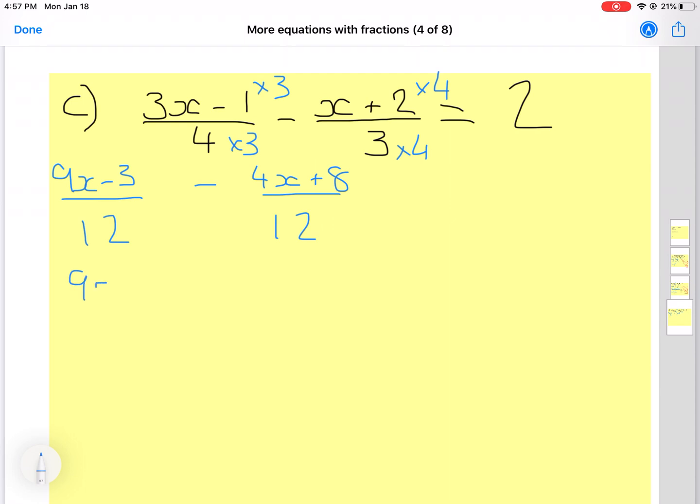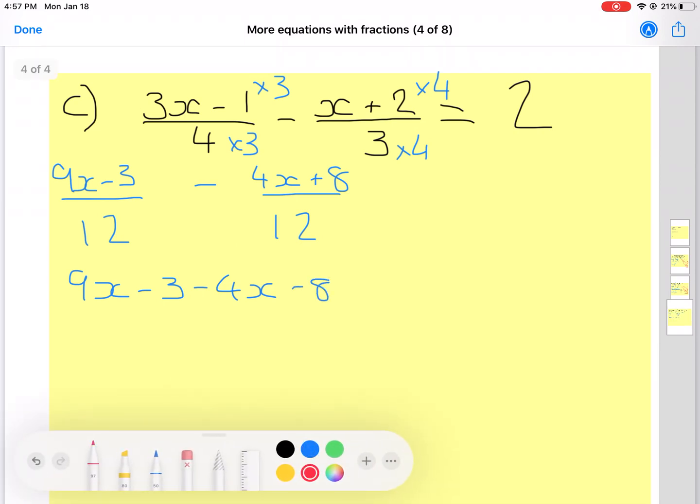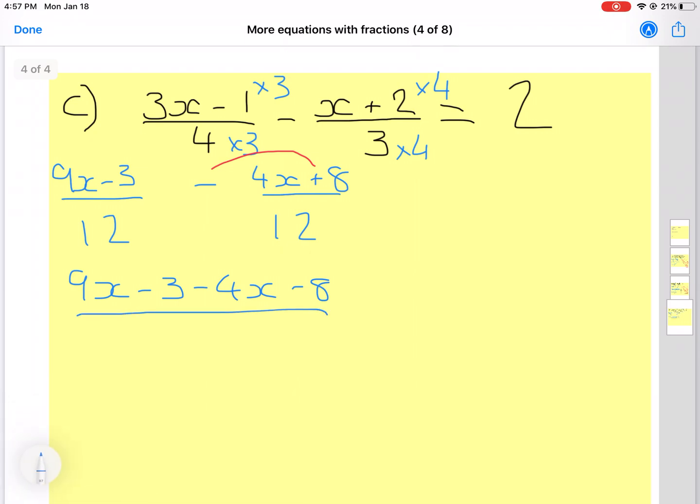Combine these fractions together, 9x minus 3 stays the same. It then becomes a minus 4x minus 8, due to the fact that the negative has got to be applied also to the plus 8. That is all over 12, and we can simplify it then. 5x minus 11